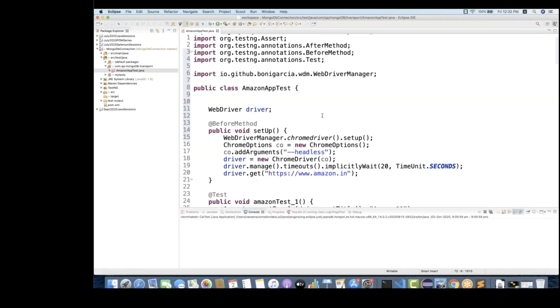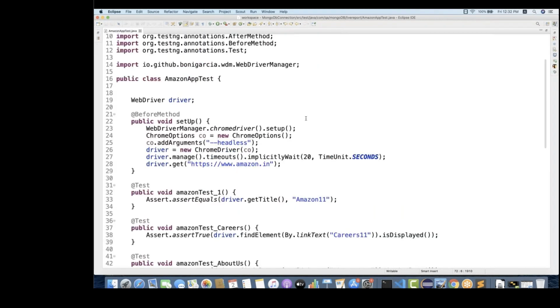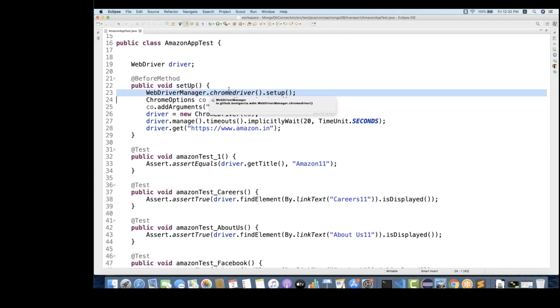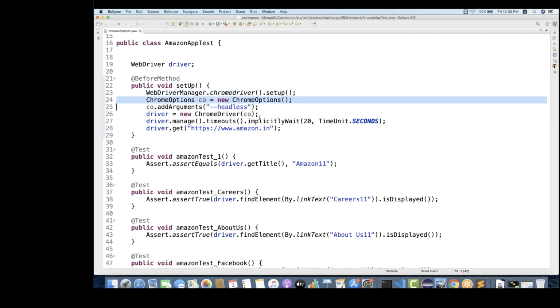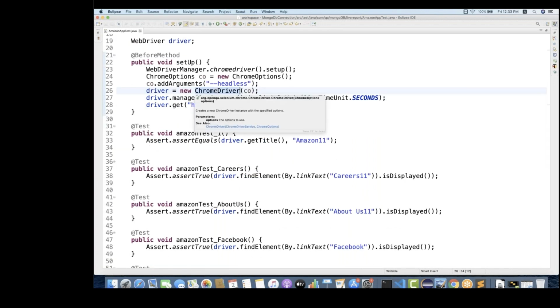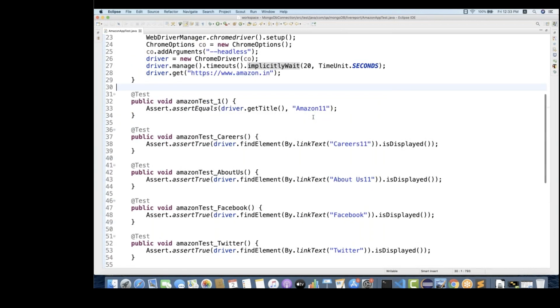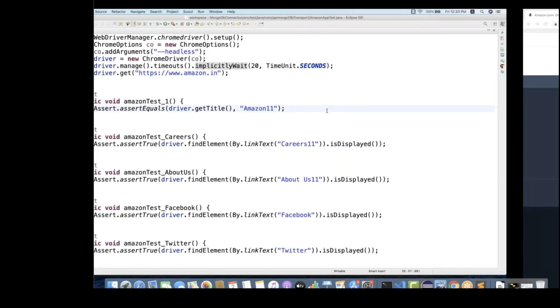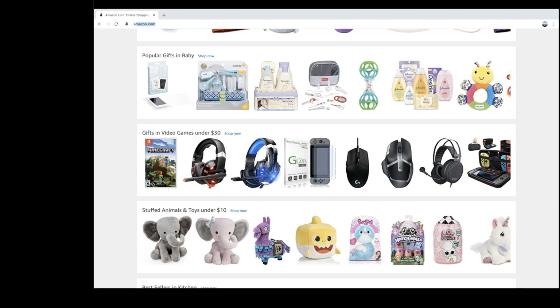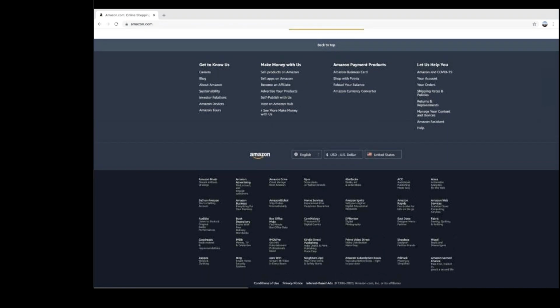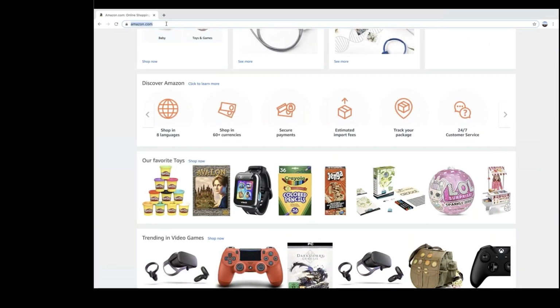So let me import all the things over here. Now see, inside the setup method, I'm using Chrome as the browser. You can use some other browser also if you really want to. And I'm simply using ChromeDriver, implicit wait. I'm using Amazon.in, or let's say Amazon.com or whatever. And I'm going to verify a couple of things. First of all, what is the title? So the title of the page is Amazon.in, I'm writing. Well, let's go with .com. Well, let's see, I'll do it with .in.